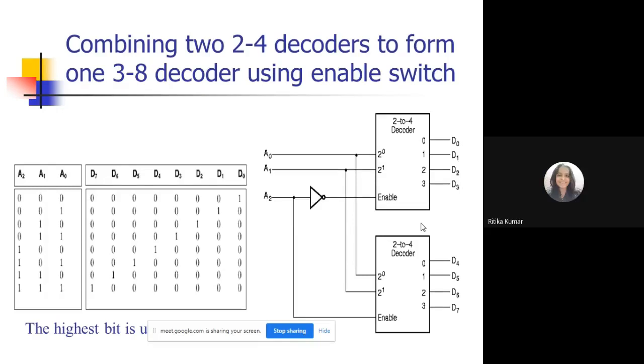Ma'am, is the enable line only one, or can it be many? See, it all depends on the design concepts adopted by the hardware engineers. Generally, it is single, but it may be one or more as well. Different combinations of that enable line may also work, right? It all depends on how many chips are to be selected at the moment. Okay, accordingly, the number of enable lines are framed, but in general, it is one only.